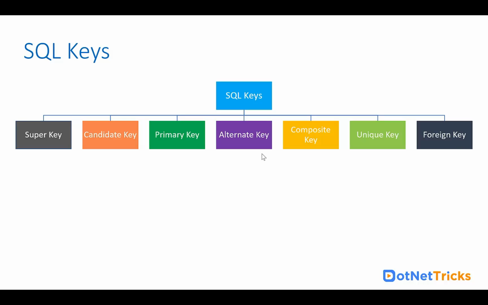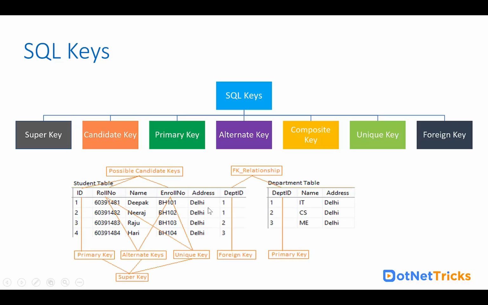When you talk about the super key, a super key is a set of one or more keys that can be used to identify a record uniquely in a database table. Whenever you are willing to identify a record uniquely in a database table, there can be more than one key. So a super key is actually combining those, or you can say the primary key, unique key and alternate keys. These are part of the super keys here. This can be understood with the help of an example.